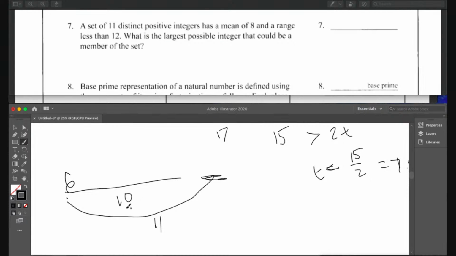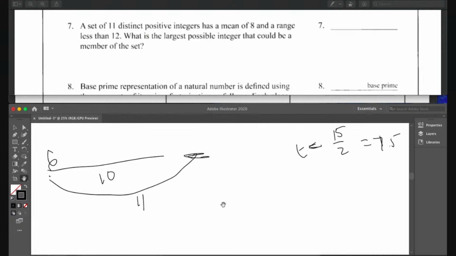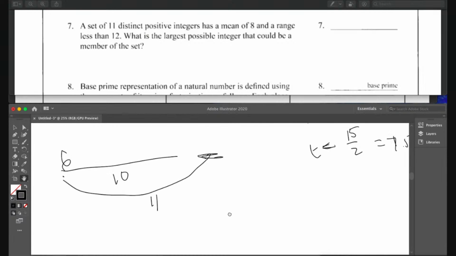So kind of like we want our smallest number to be as large as possible so that our largest number can also be as large as possible. And so I would say, you could try finding what values of your smallest number you can have. So like you can't have 6 because